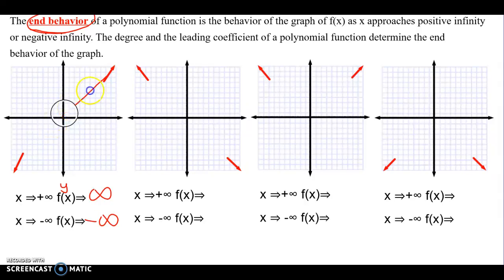And that's just the end behavior. It could have some hills, it can go up and down. Still going to have that same behavior. Now, what if we were going down the mountain? As x goes to infinity, where does y go? And as x goes to negative infinity, y goes to